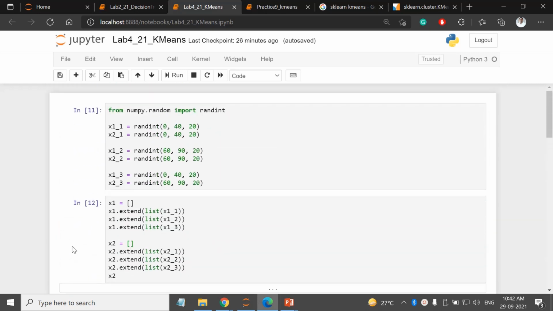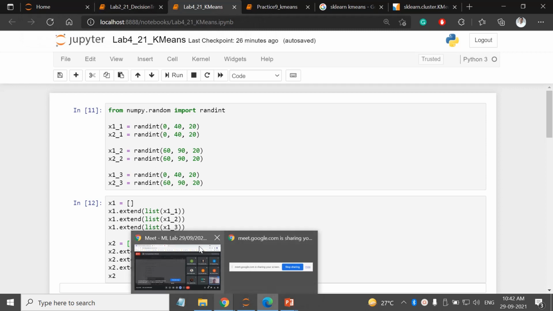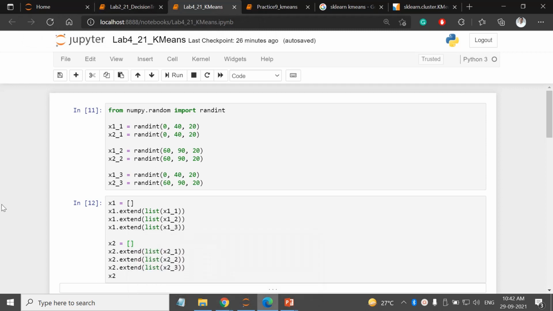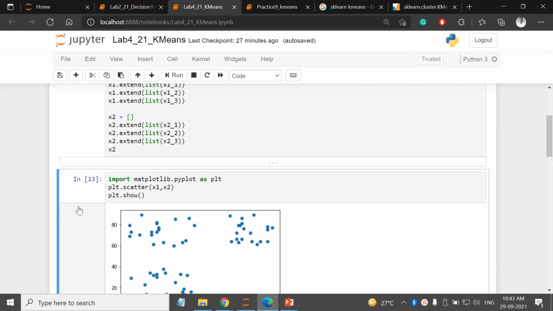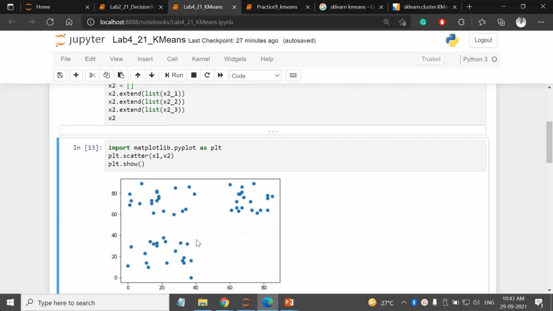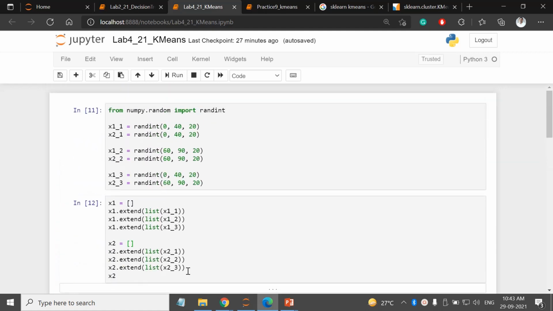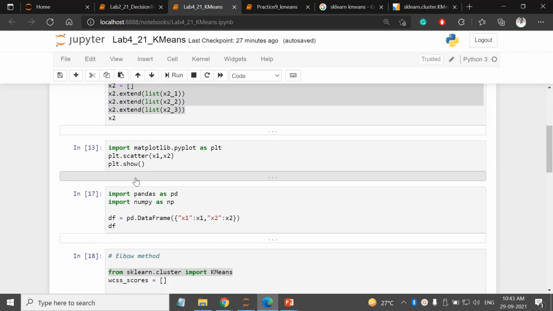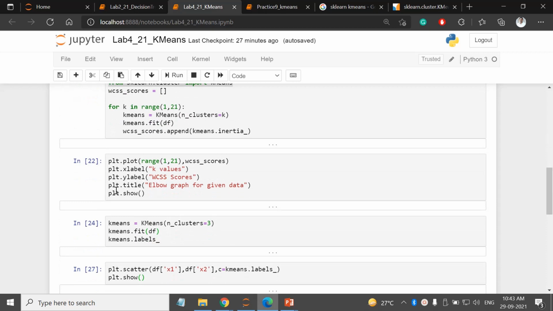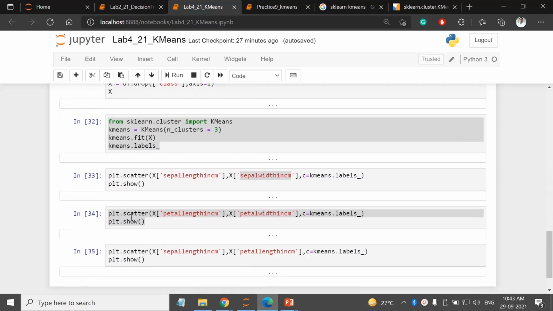Any doubt? First you have to observe the data. See whether you can apply the clustering or not. Are you having the separable classes? Then only you can apply the cluster. That's why we go for the distribution, to see how my data is looking. By plotting the data you will get the idea. That's why I started with this assumption. Forcefully I have created the data which is separable. Then I have shown you how to find clusters in that data. Any doubt? I hope this is clear to you.